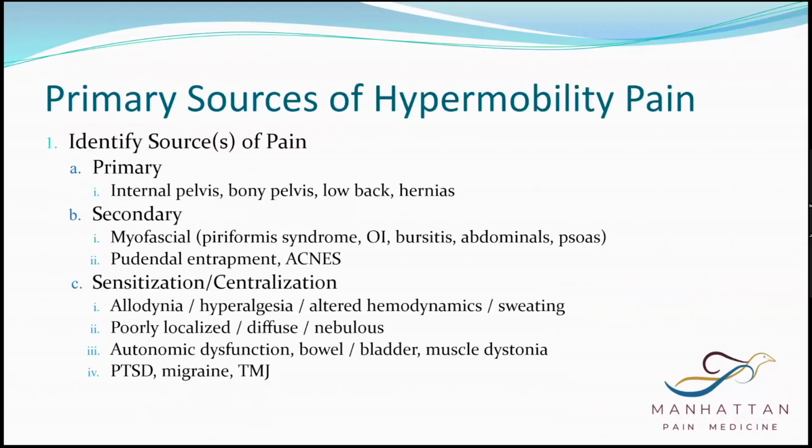As a pain doctor, I'm looking to identify the primary source of pain. What is the actual structure at the core that's causing all these trickle-down effects? And of course, it's usually the trickle-down effects that bring people in. It's the bursitis or the pudendal neuralgia or the pelvic floor. It's something downstream that's bringing people in, and I have to do the work at figuring out what the primary